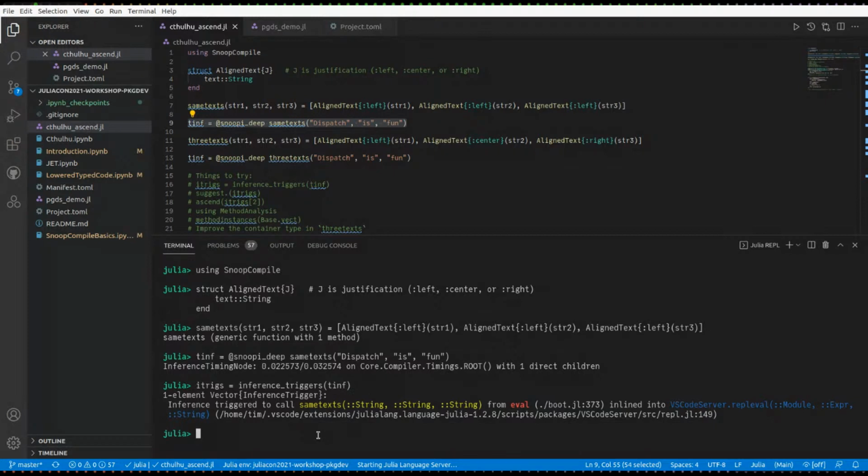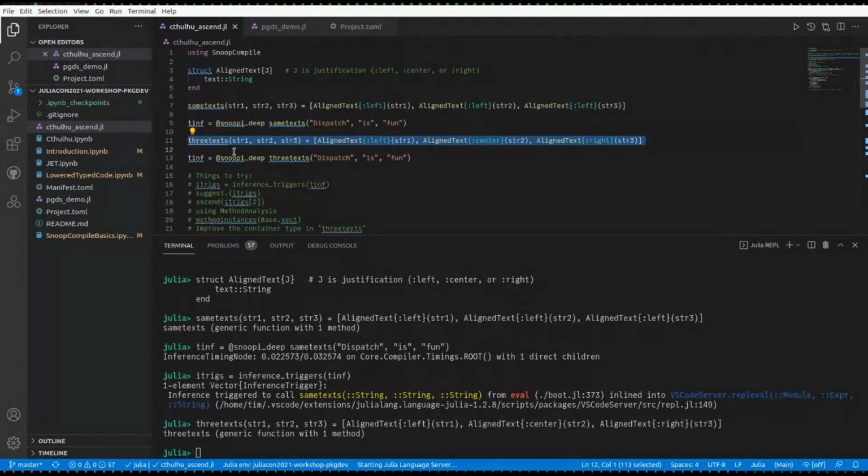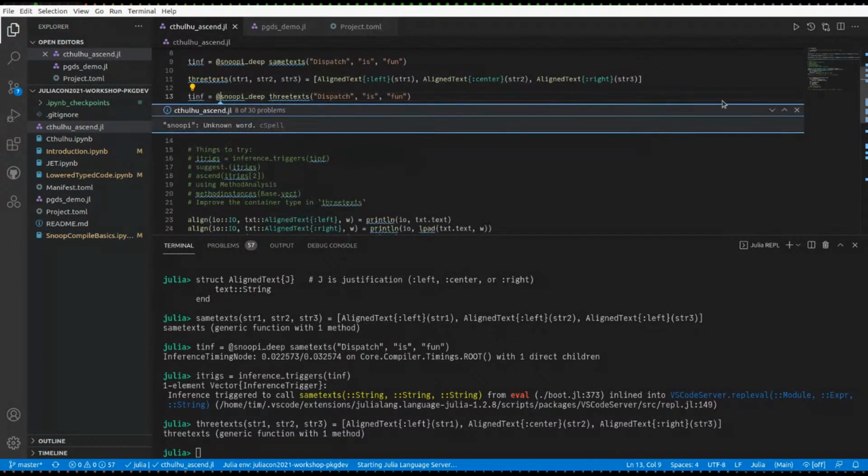And what you can see is that this same texts thing here is the only entrance into inference, right? And of course, you had to go into inference to compile this the first time. So there's really nothing wrong with this bit of code here. Where things get more interesting is if I define this one that creates a vector of heterogeneous types, right? And so if I create that one, and now I